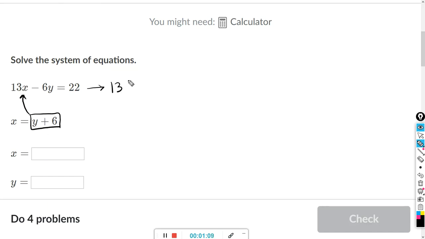Distributing, 13 times y, 13 times positive 6,